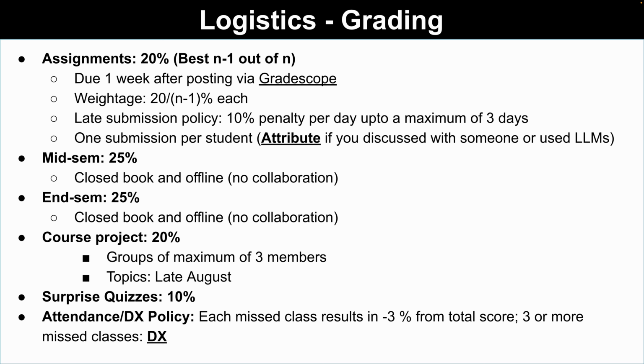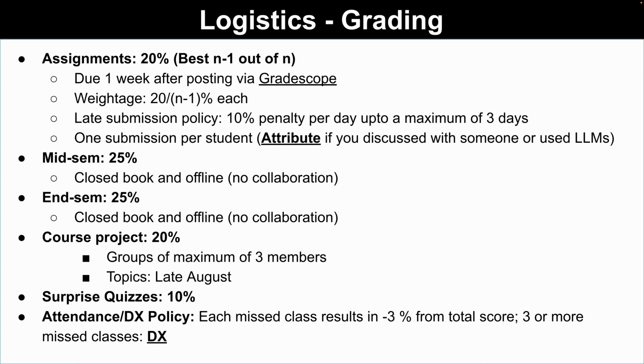Okay, so to do that, I have to have some rules. So in a sense, it's a 100% attendance class. Every class that you miss, without, of course, a legible reason, which could include medical reasons, you'll incur a penalty of 3% from the total score. So if the final score is of 100, and I miss 2 classes, I can only score a maximum of 94